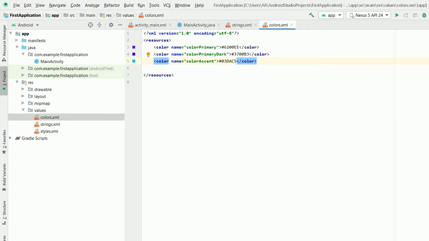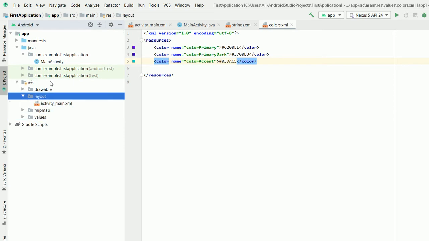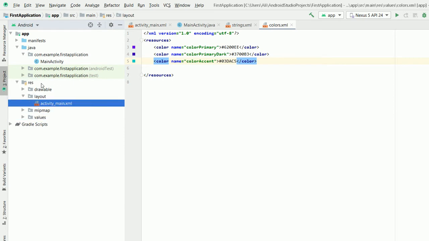Eventually you can get it from the resource folder and then you can use it. That's basically the resource, one of the things under the resource. Beside this, we have the layout. So far, we have only one layout available, which is the default layout,